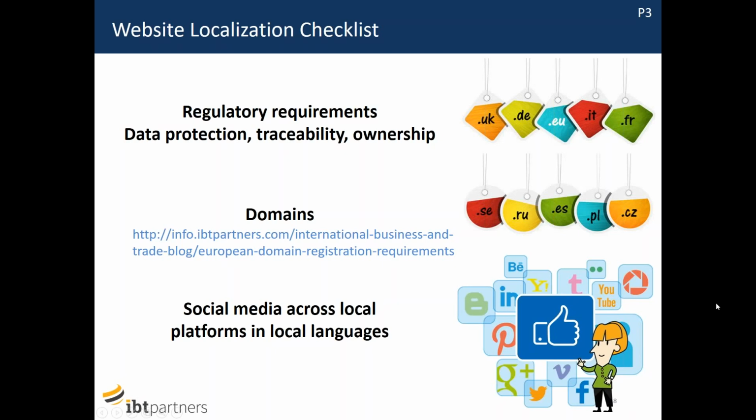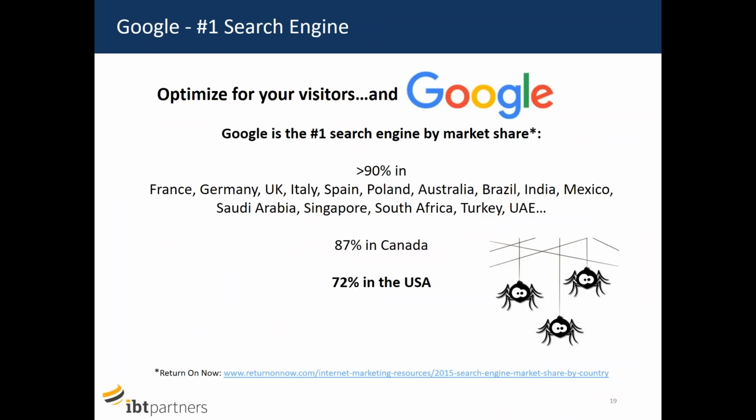Okay, I just wanted to talk a little bit about search engines and how to optimize for them in the United States. Google is obviously the number one search engine in the world, and it has a huge market share in places like Europe. It's got over 90% market share across most of Europe, but also in places like South Africa, Mexico, Singapore. In the United States, it's got about 72%. The rest is really taken up by Bing and Yahoo, so Google doesn't have the dominance it has in Europe.